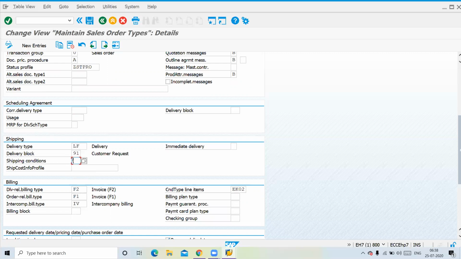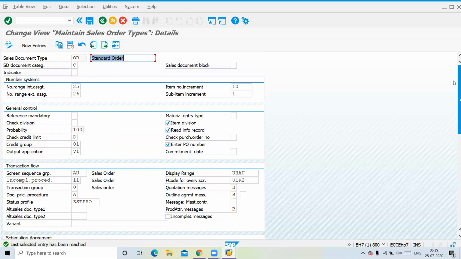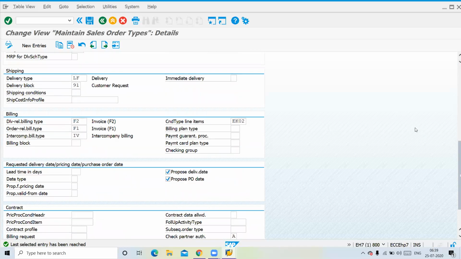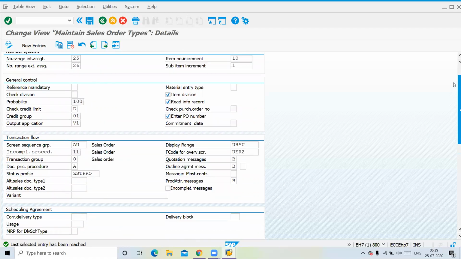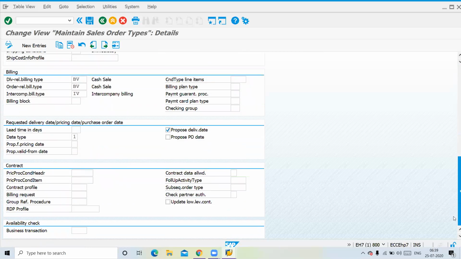So it gives priority. So the second one gives in preceding manner. So it is very difficult for me because my customers will have different needs. For one customer, depending on the distance, it might be delivered within 10 days or 2 days or 15 days. So that's why I don't control here. Whereas for cash sales, I don't have such kind of option here. So that needs to be delivered that day, that particular day itself. So it always says that for cash sales, your shipping condition will be immediate. At header level, these are the two basic differences.